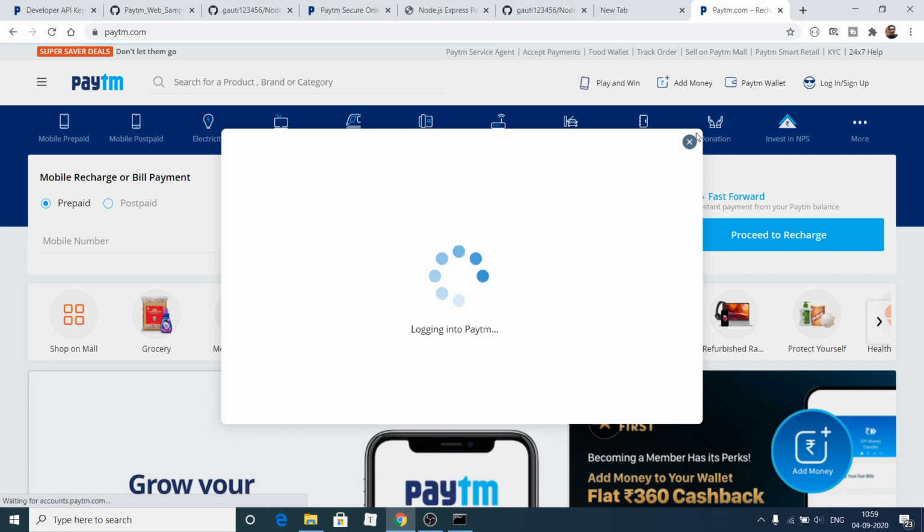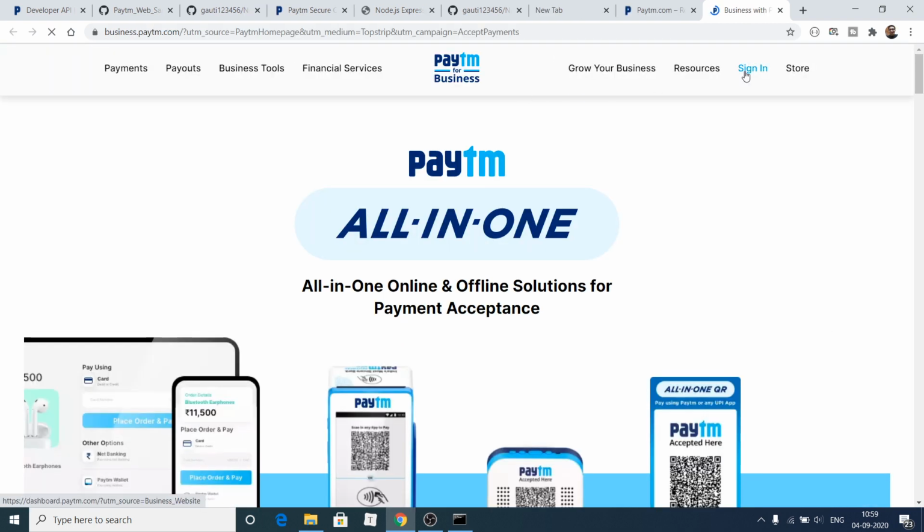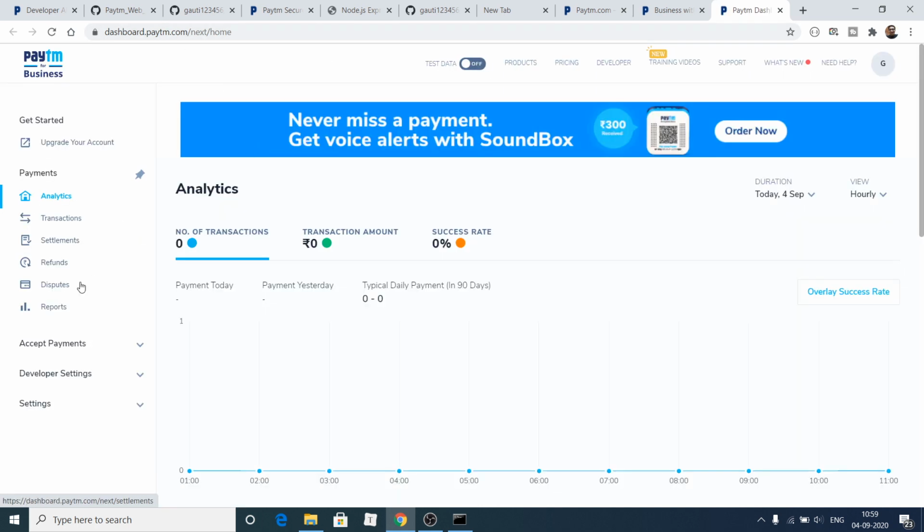I have already logged in. After this, you need to go to this section, which is the accept payment section, and then it will open this account for you. You need to sign in like this. I am inside my dashboard, and here you can see you need to go to the developer settings, and then you need to click API keys.